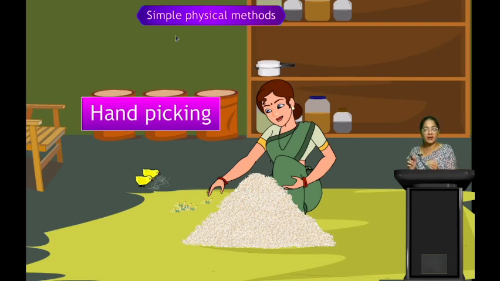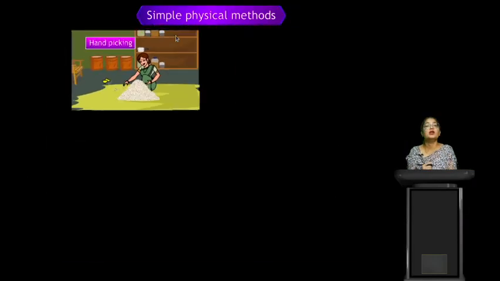So these impurities are separated into their individual components. So what is happening here? She is using her hand. So this method is called hand picking, right? We also use hand picking to separate the vegetables, like we saw on the first slide. So this is called the hand picking method. This is a type of simple physical method. Next,